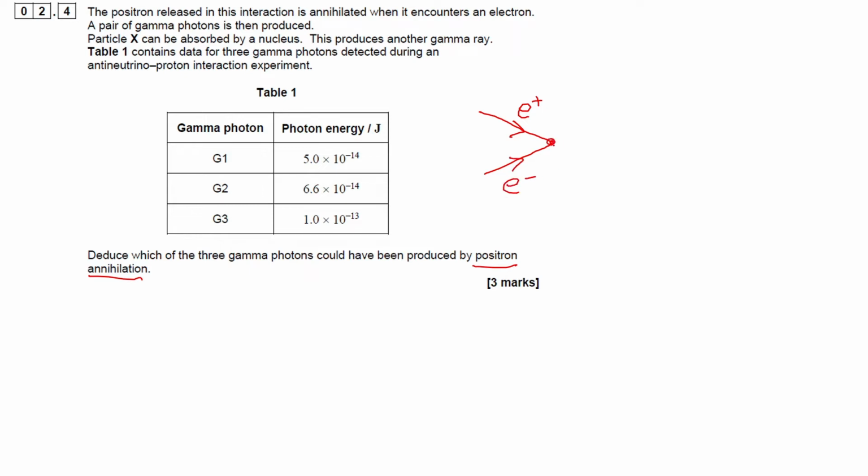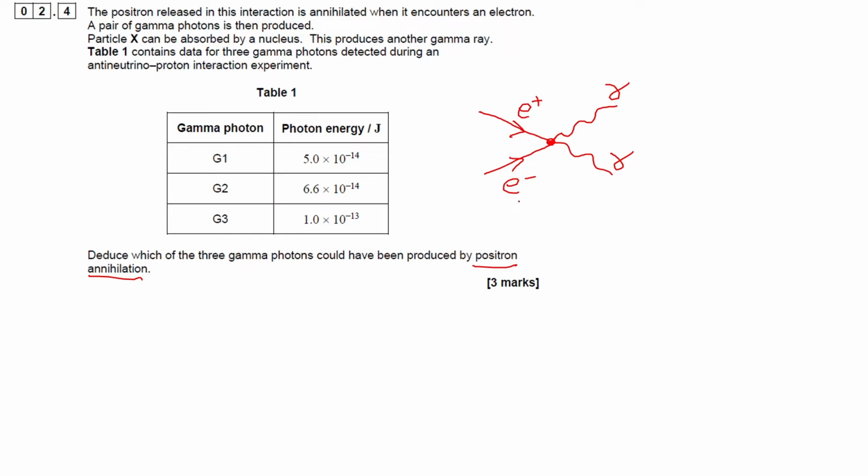and when they interact, the process of annihilation converts the entire mass, the rest energy and total kinetic energy of this particle. The entire mass is converted into 2 gamma photons. So we have a gamma photon here and a gamma photon there. Now we have to figure out which one of these photon energies are possible here. So what we need to understand is that